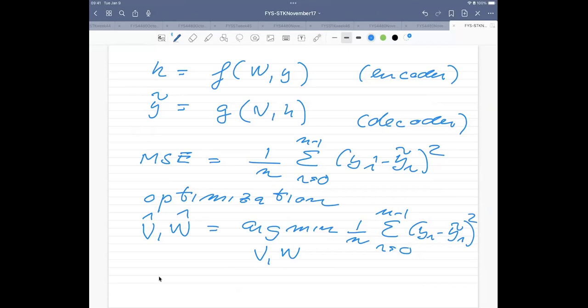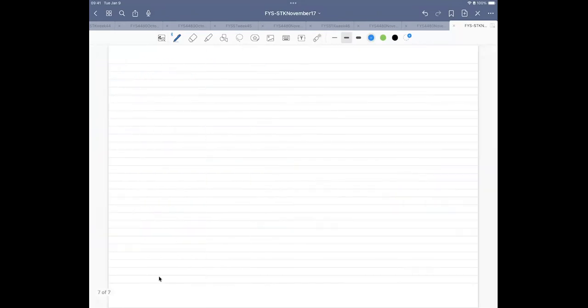And then if we now suppose that we have a linear model in these unknown quantities, this is the simplest possible model we can make. An autoencoder, since the decoder and the encoder can be neural networks, is normally never given by a linear dependence. But I could now set up a simpler argument.